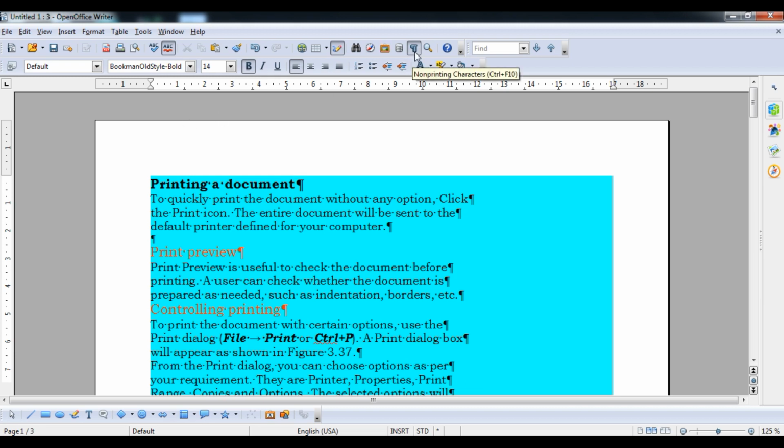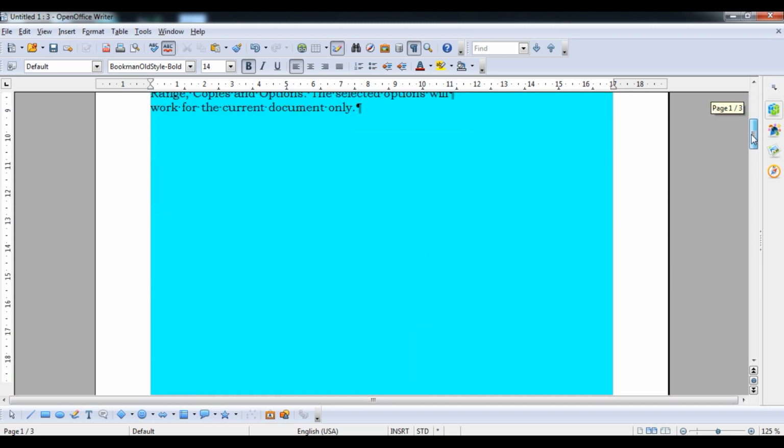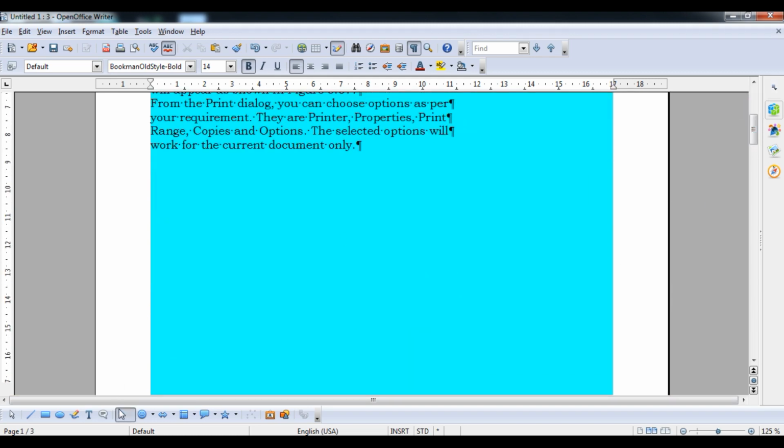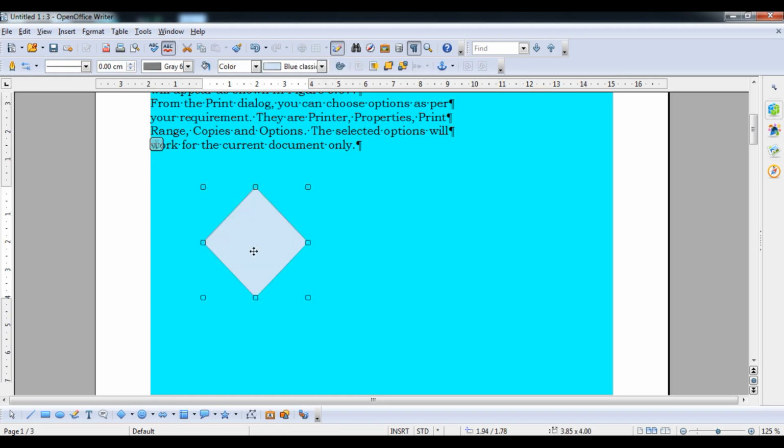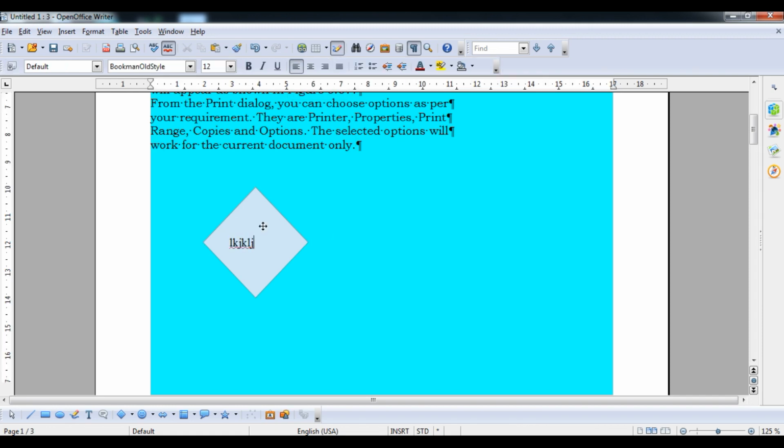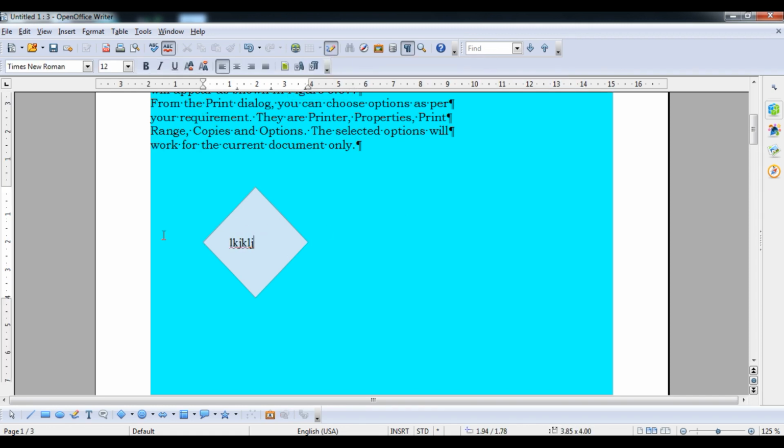And this one is special character. Okay, that is non-printable characters. Okay, and some shape I want to insert here. I am going to insert this particular shape, suppose this diamond I have drawn here. Okay, along with some color, double click on it and provide color here. You can choose whatever color. Okay, here you can see the text I have entered here.